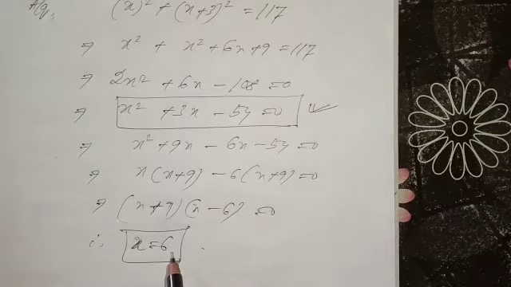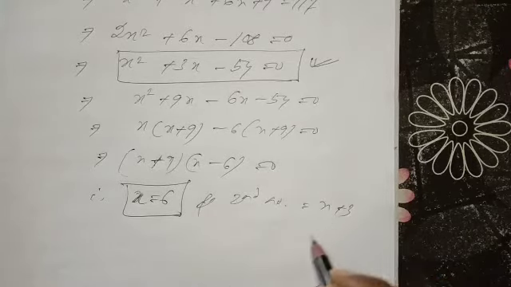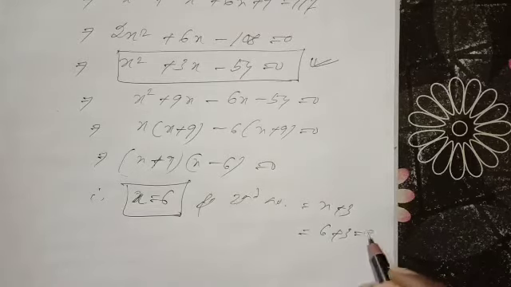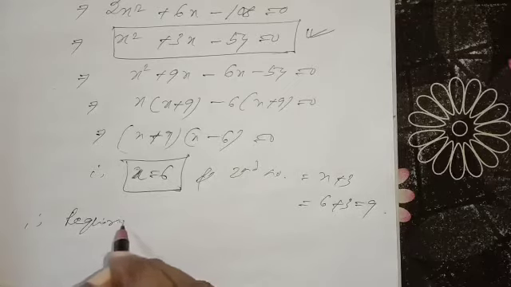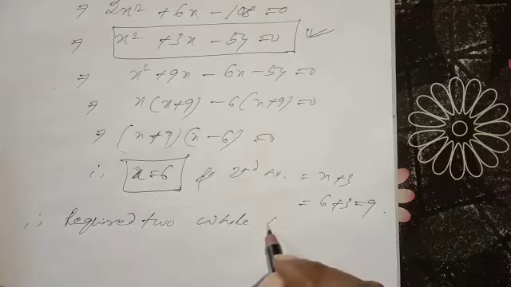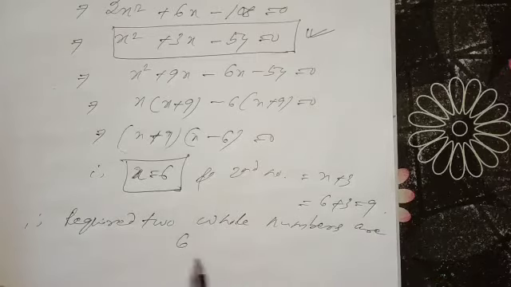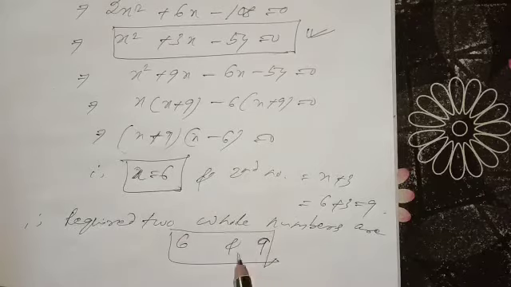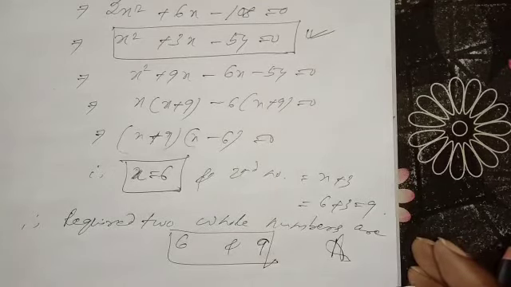The first number is x and second number will be x plus 3. That means 6 plus 3 will be how much? 9. Therefore the required two whole numbers are one is 6, another is 9. Is the difference 3 or not? The smaller number is 6, bigger number is 9. Okay. In this way, I have completed question number 1, exercise 1.3. Let us go to the next one.